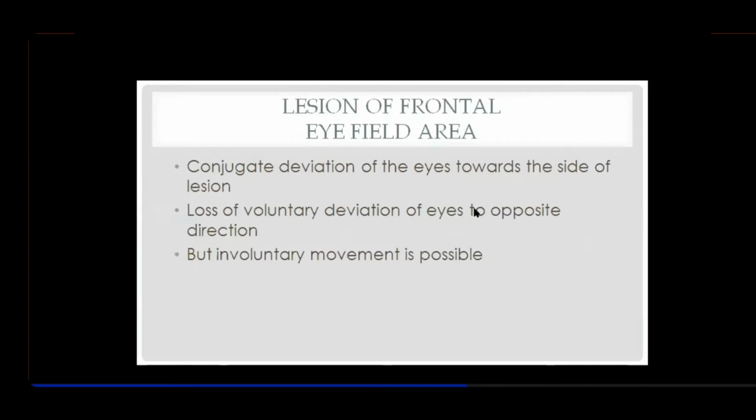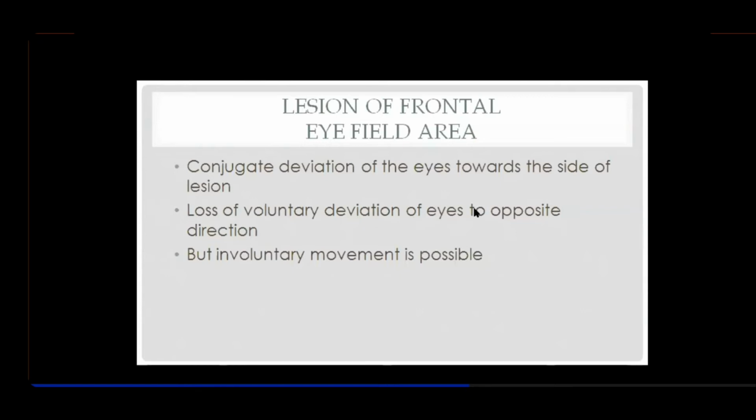So that is like a compensatory mechanism, right? And remember, I told you sometimes this area not only controls the eye movements, but also the neck and the pupillary dilatation. So if the lesion is here, then I believe that the movement of the neck will also be hampered, right?